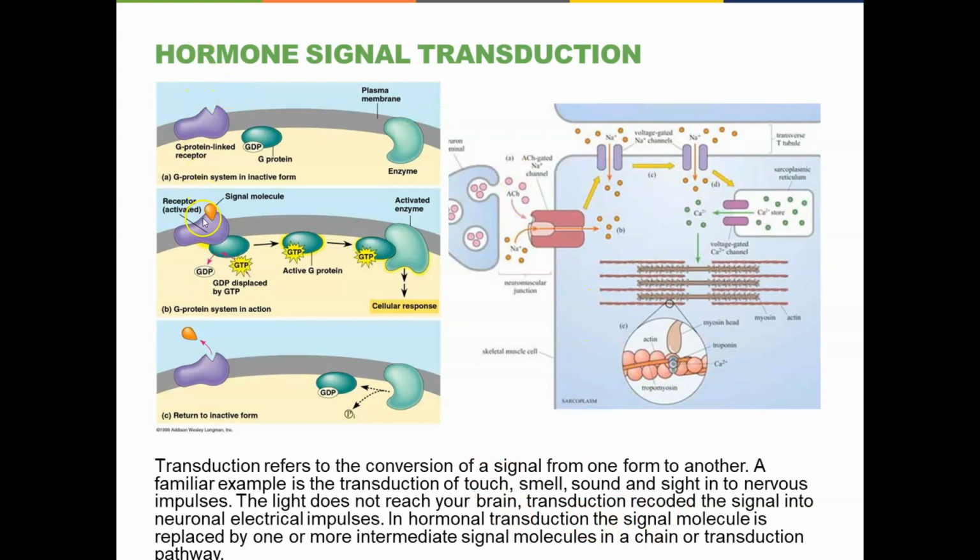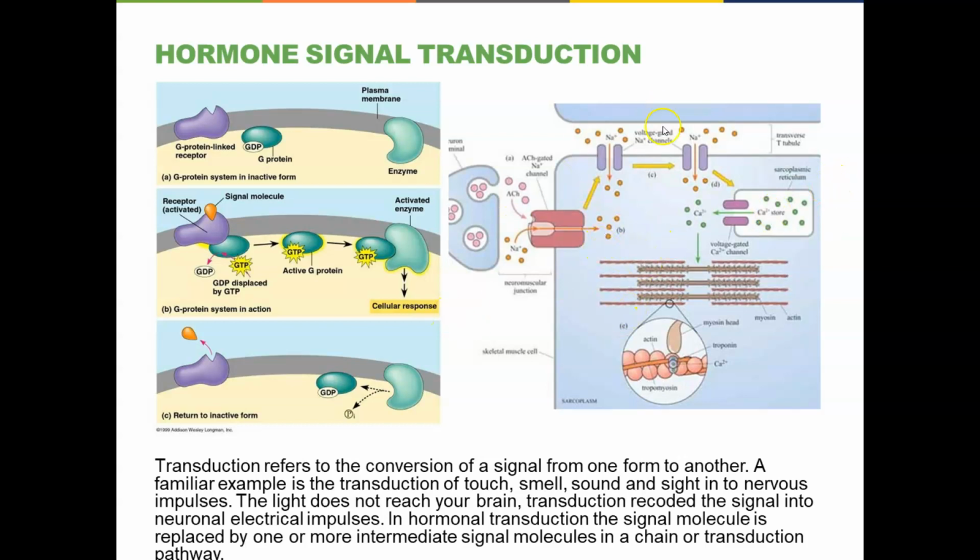The hormone binds to a receptor. The hormone itself does not go into the cell, so the signal doesn't go into the cell in its original form. Instead, the receptor protein's behavior is altered, so perhaps it doesn't interact with something initially. Now it does interact with that. In this case, this G protein coupled receptor right here. And we have this molecule interacting with yet another protein somewhere else, another enzyme, causing some cellular response. So that's an example of signal transduction here. We're looking at a water-soluble hormone, so its receptors are on the cell membrane, and it induces a cytoplasmic response.